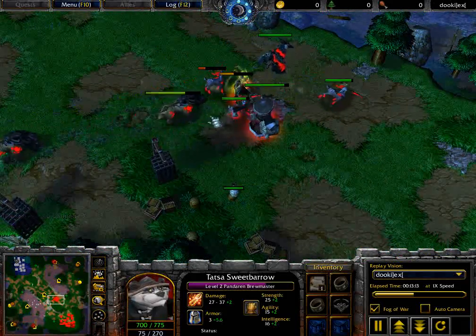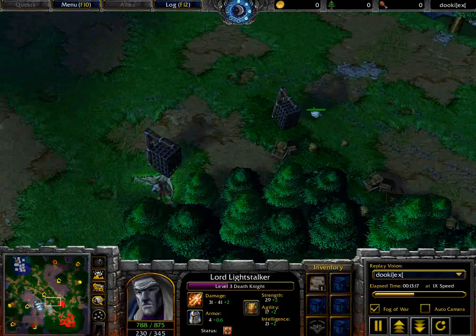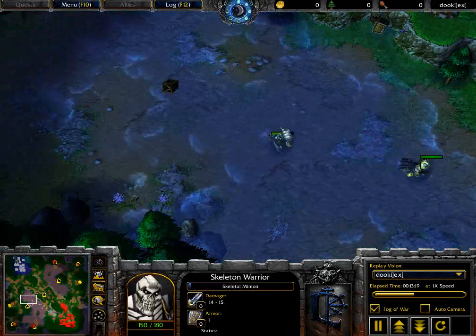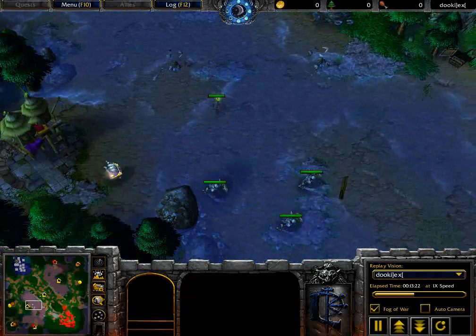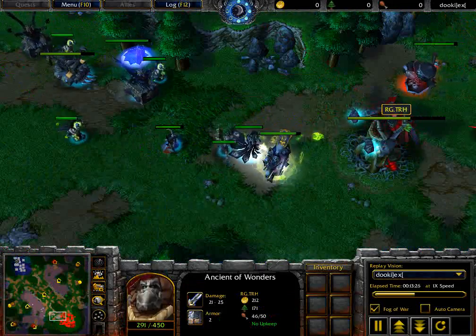Another Blink, so TRH is using Blink to escape really quickly and being able to use a Staff of Preservation in order to pull out once more. Skeletal Minions and Skeletal Mages are now out across the map. A Tome of Knowledge is being left behind as a Death Knight is now trying to push into the Ancient of